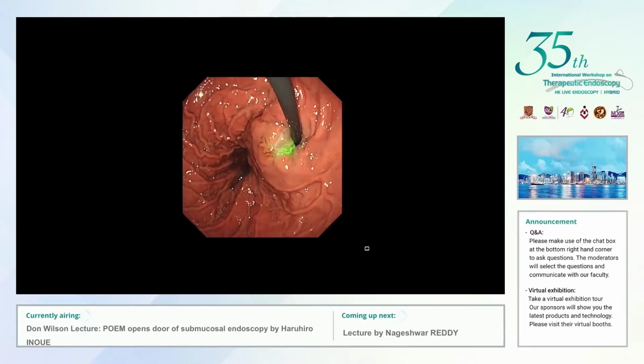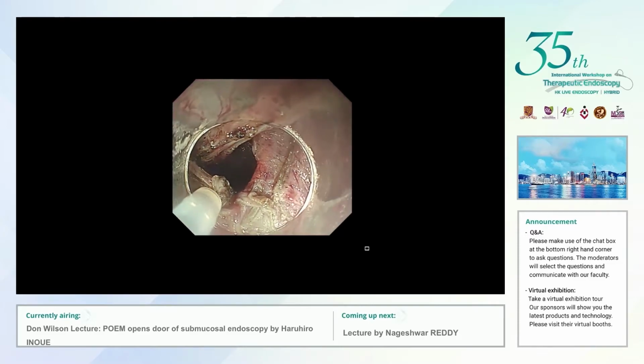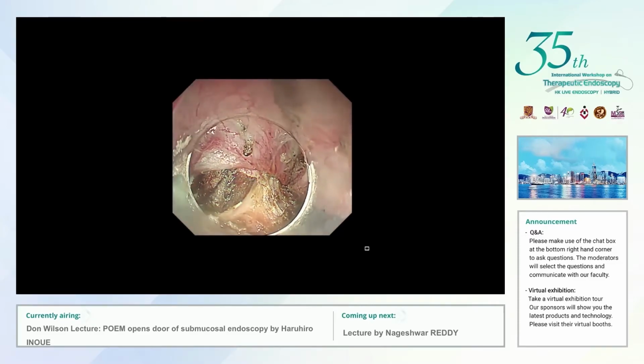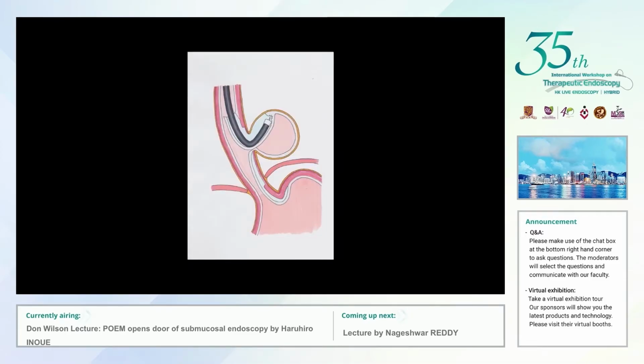Now, using the double scope technique, we identify the exact position of the submucosal endoscope. Now you can see this is a limb, the entrance of the diverticulum. The muscle defect edge, we can see it. So the first step is like this. After identification of the muscle defect in the submucosal layer, our submucosal endoscope goes into the mediastinum and then we try to dissect the